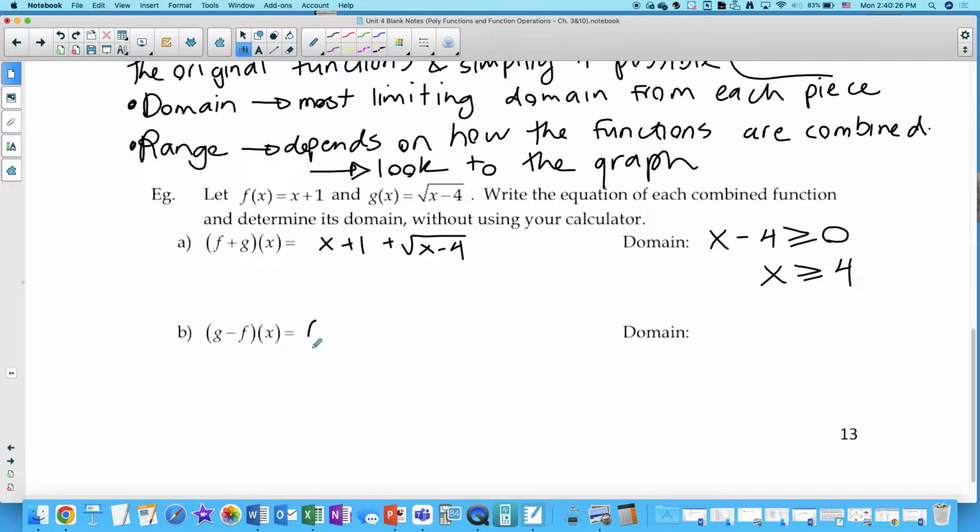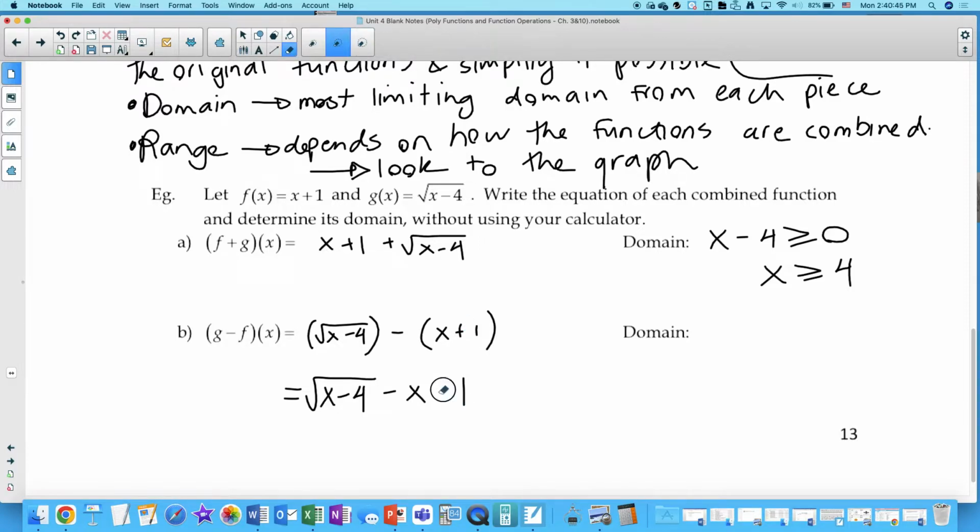Square root of x minus 4, I actually like to put them both in brackets so that I don't make any mistakes, minus x minus 1. So that is square root of x minus 4 minus x plus 1. Oh, yeah, right. It would help if I copied it down correctly. There we go. Okay. Again, though, with this domain, we need to look to the piece that's under the radical